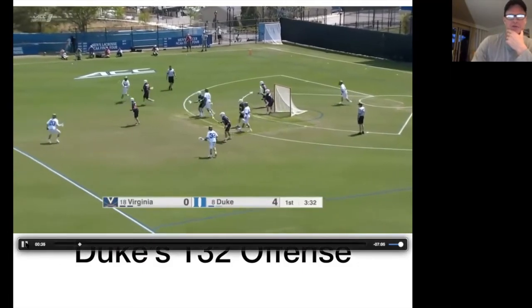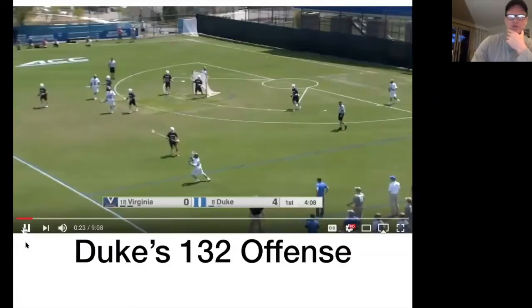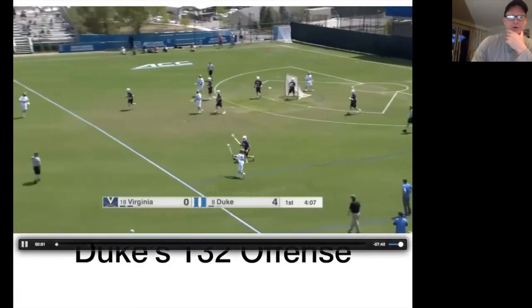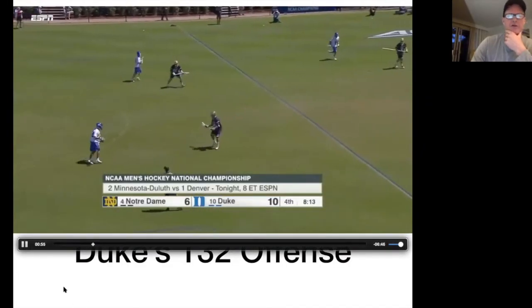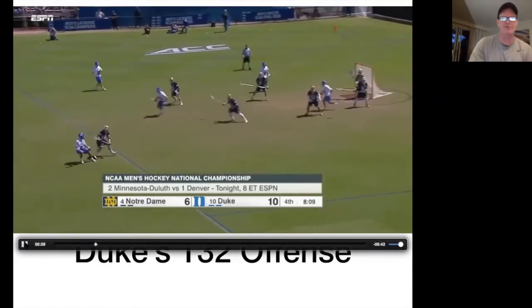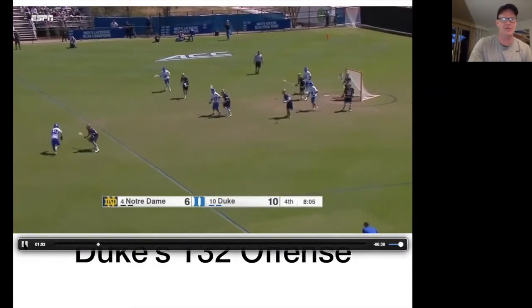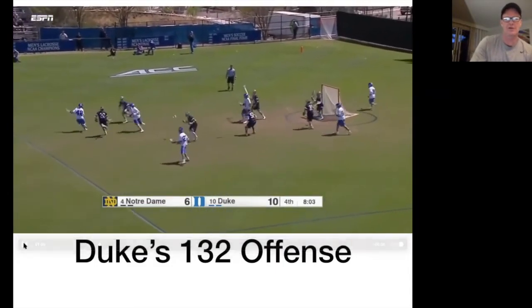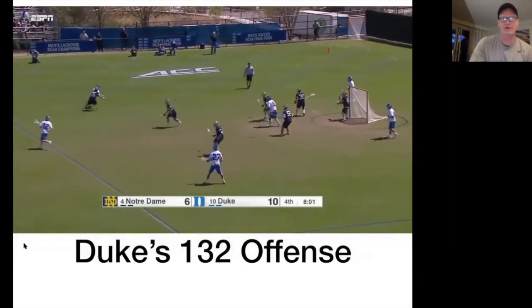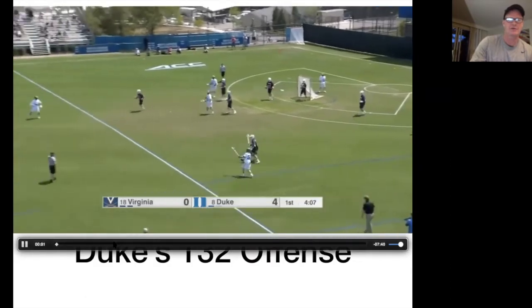And now the other thing that's so fascinating about it is that it usually just turns basically into a 3-3. Why? And we've watched some of their clips. Why is it a 3-3? Because if you kind of look at it, we'll find a good place to stop this. But let's take a look in a second here. It's a 3-3. If you stop